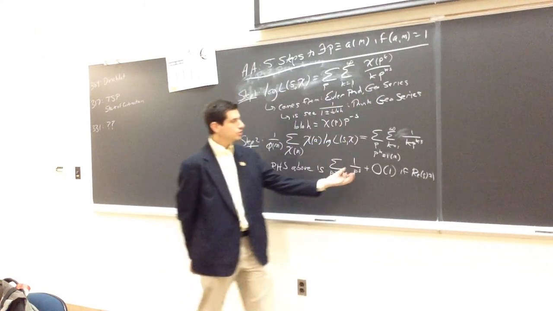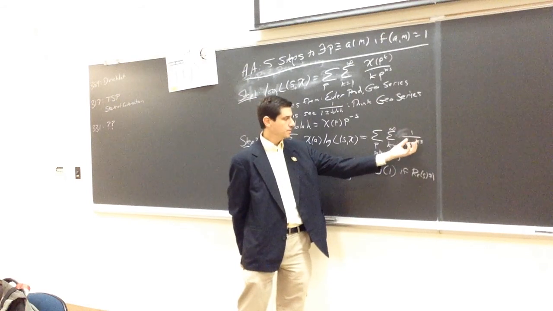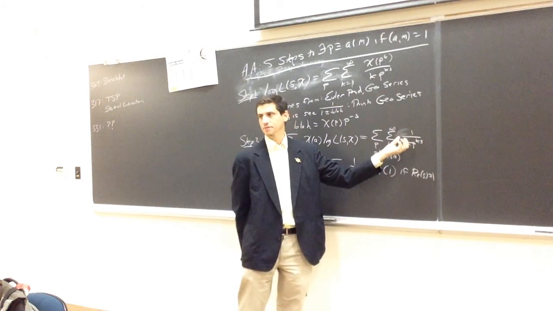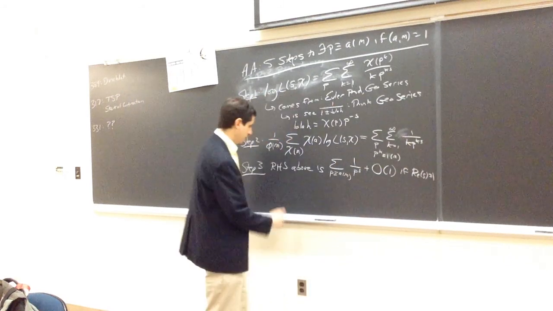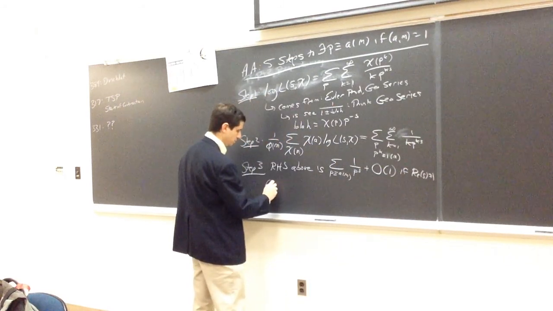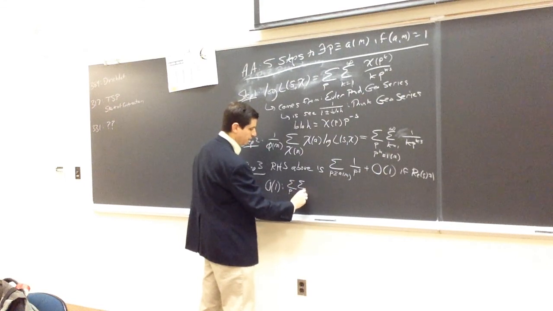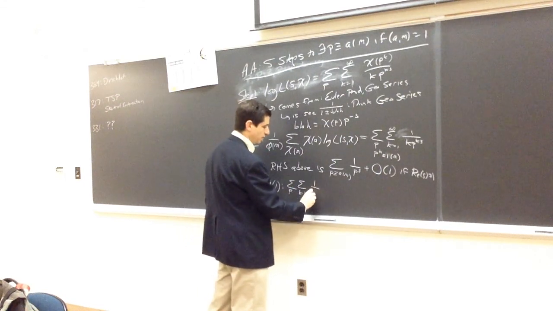And so what we're doing is we're just looking at, well, what is the contribution from k goes from 2 to infinity over all primes? And so the error, the big O term of 1, this is from the sum over p, the sum over k greater than or equal to 2, of 1 over k p to the k